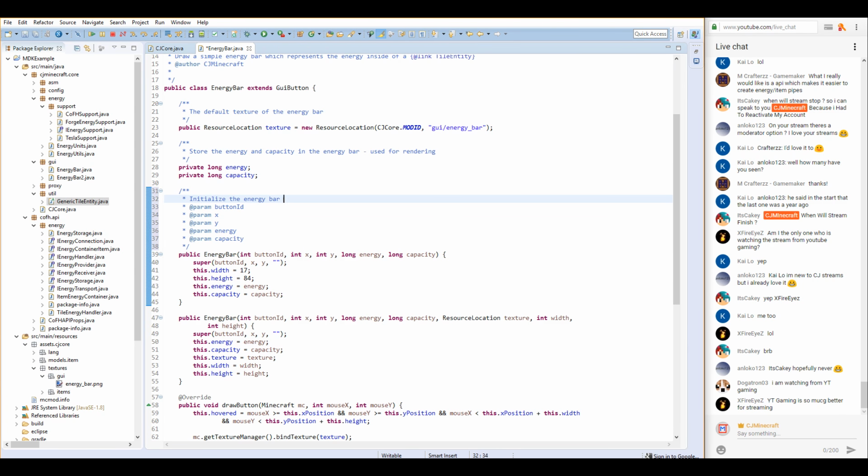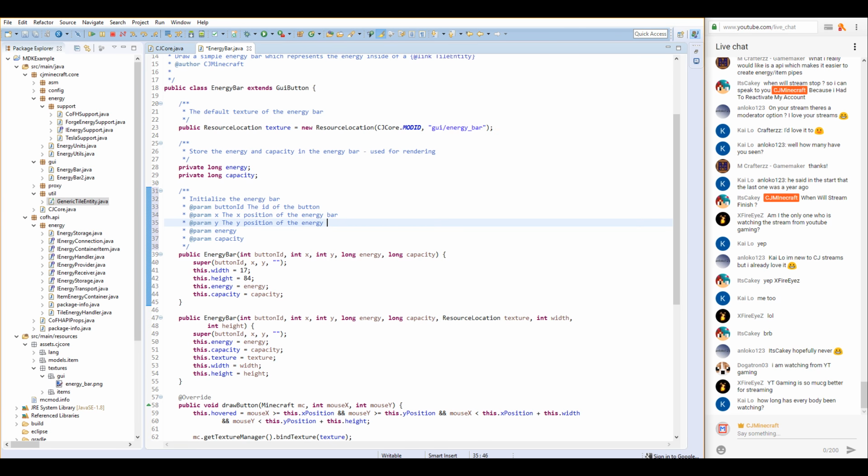Initialize the energy bar. Just initialize the ID of the button. The X position. Okay, the X position. I can't spell position apparently. Position of the energy bar. The Y position of the energy bar. The amount of energy in the energy bar can be 0. The maximum amount of energy in the energy bar